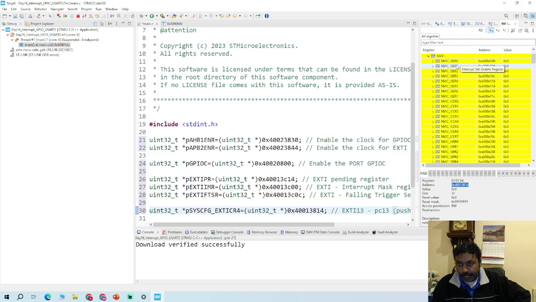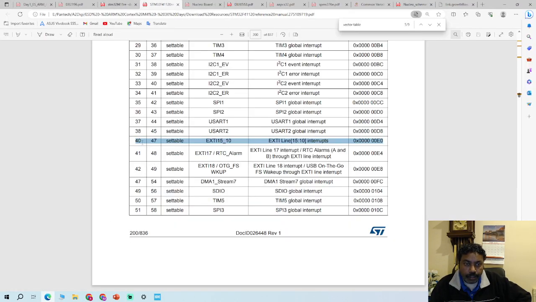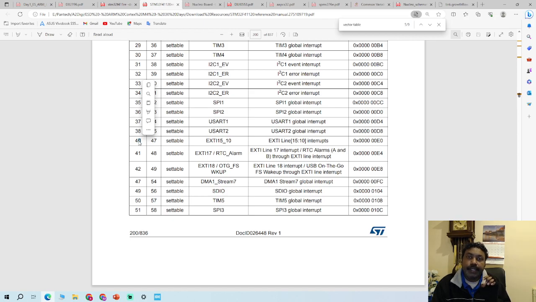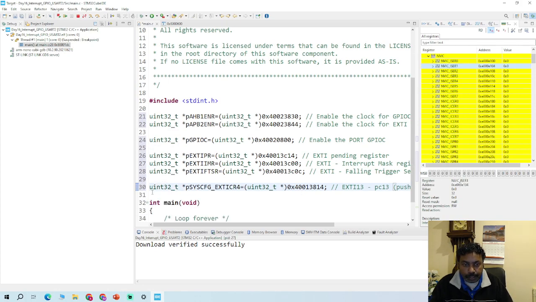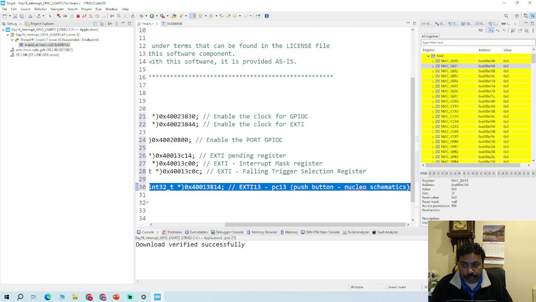So why are we using ISER1? Because we just checked the position is 40, so we need to go to the 40th bit. Every register is 32 bits, so ISER0 will have 0 to 32, ISER1 will have 33, 34, 35, 36, so the 40th bit will be in ISER1. That's why we're going for this ISER1. So copy that line again,